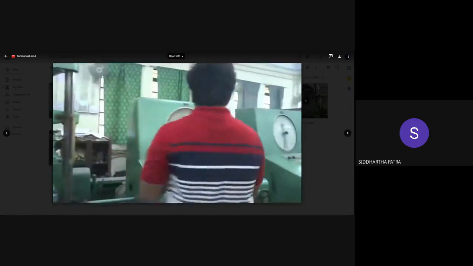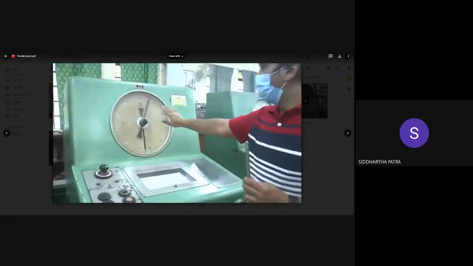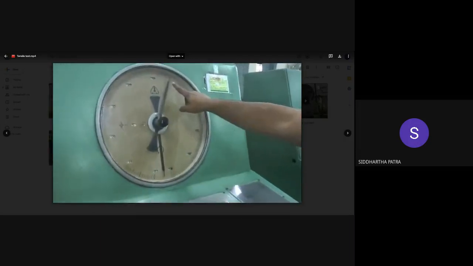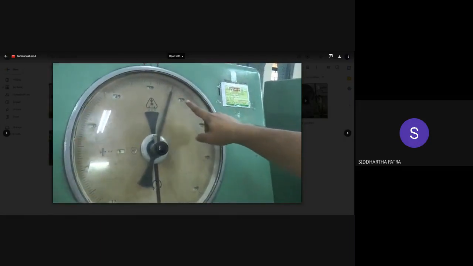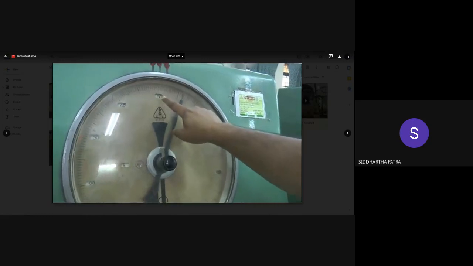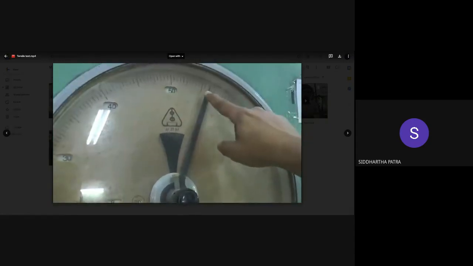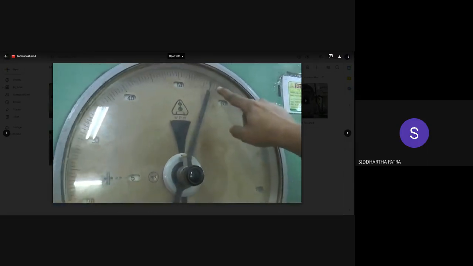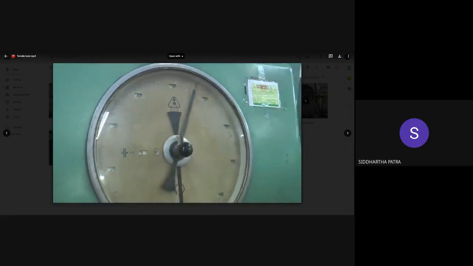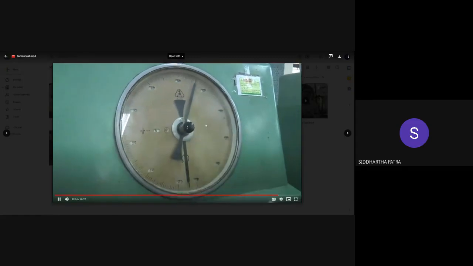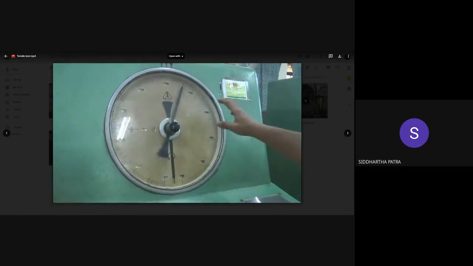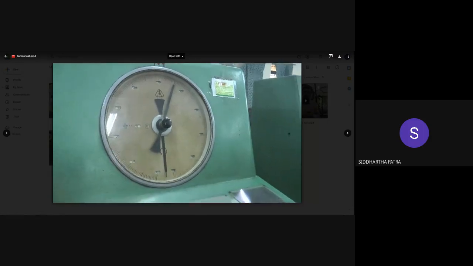So in this case, the maximum load we have obtained is around 55.5 kilonewton. Okay, so it has gone past 50 and then 10 marks, that is 50.55 and then another mark, so 11 marks. So 55.5 kilonewton is the maximum load, and from the cross section area you can find out what would be the ultimate tensile strength.